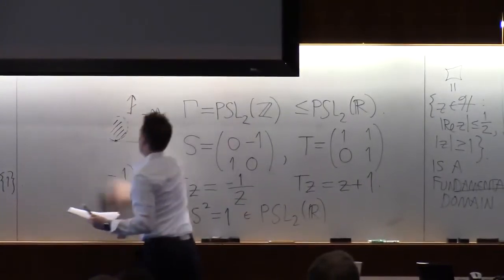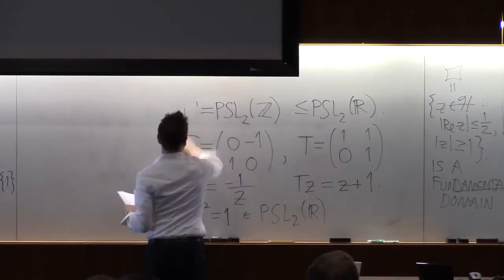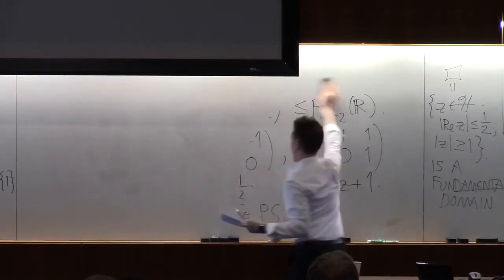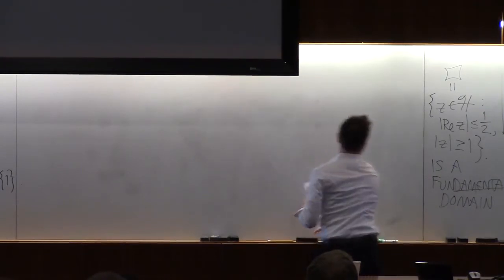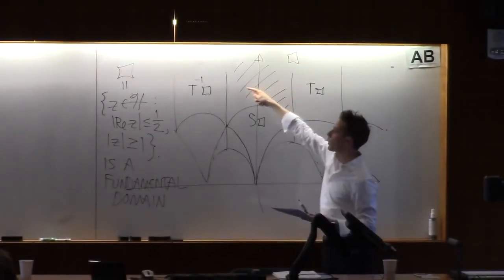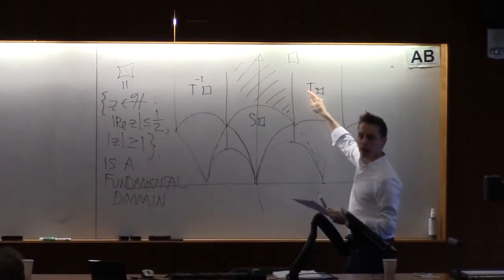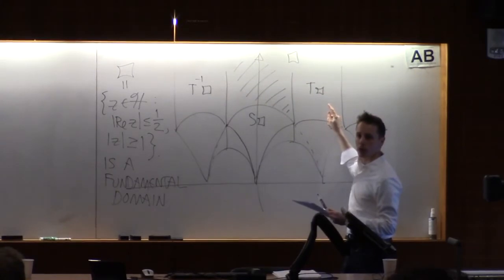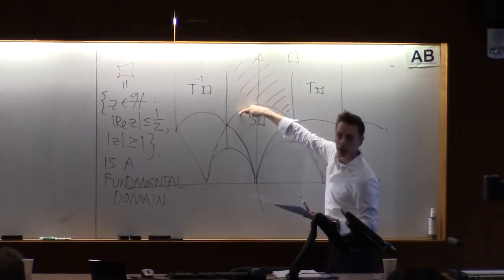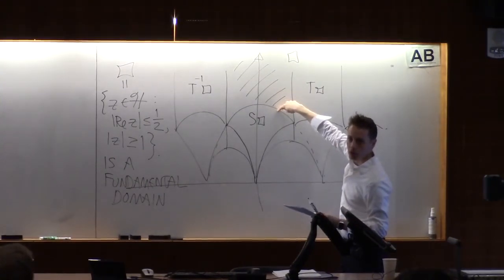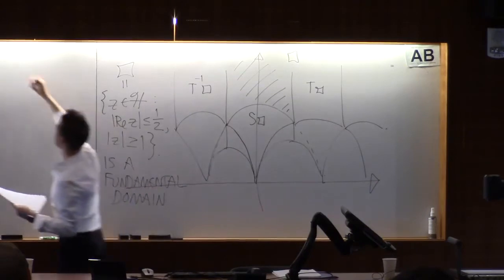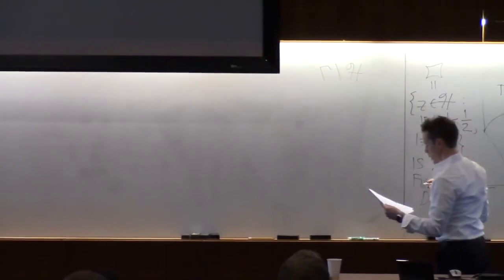Let's see, what else are we going to do with this set here? What happens when you glue together according to the gluing relations implied by the group gamma? In the video game metric, when you're flying around in the quotient here, whenever you try to leave, you end up back on the other side by the identification of Z goes to Z plus 1. What happens if you fly down into here? Well, you pop back up again on this side, because of the Z goes to minus 1 over Z. So in the quotient, it kind of looks like this.